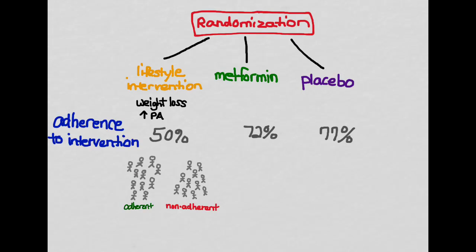Okay, so let's talk about why it's a selection bias to only look at the adherent participants and not analyze the non-adherent participants, even though it seems like it makes sense. So if we divide up the people who have been randomized into the lifestyle intervention, so it's roughly 1,000 people, then half of those, about 500, were adherent and half were non-adherent. Now, the problem here is that what differentiates these people from one another? And is that something that may impact the outcome?